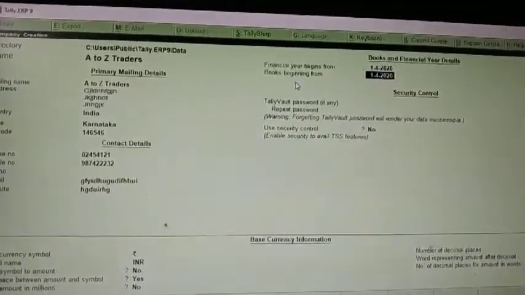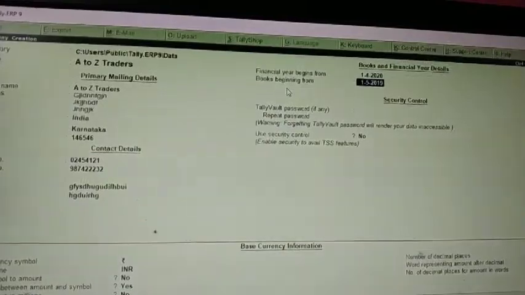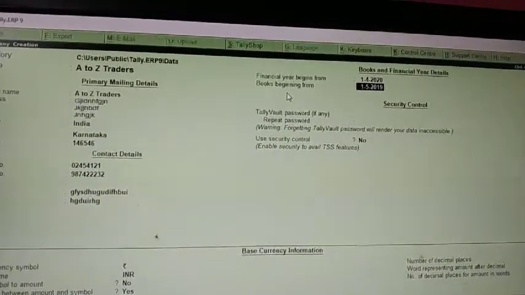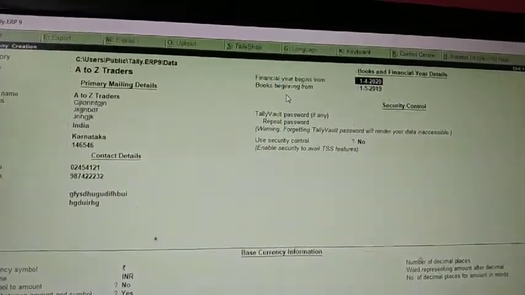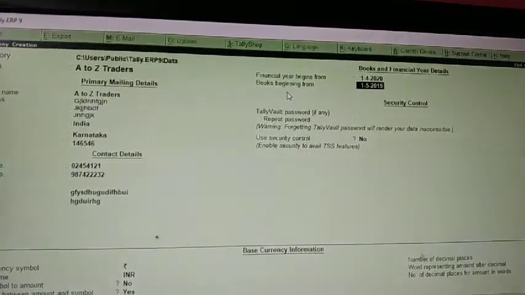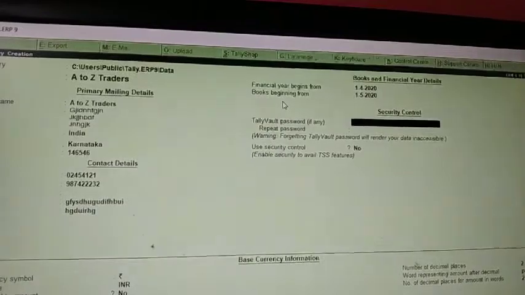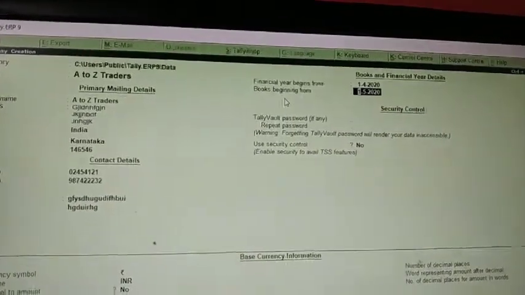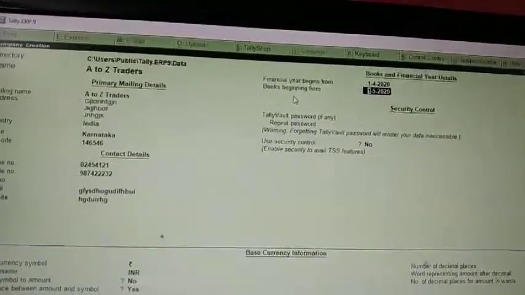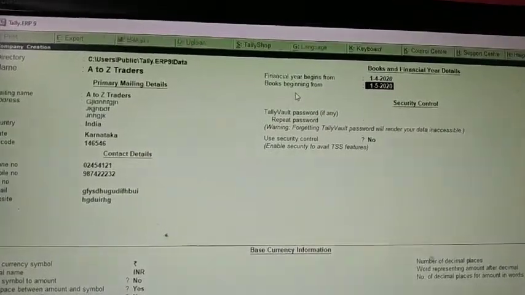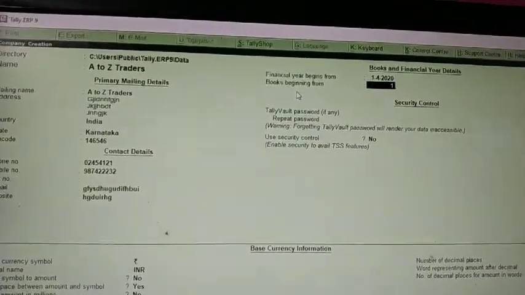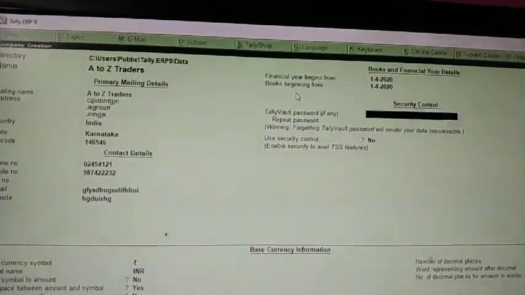For example, your company started on 1st May, so you can give books beginning from 1st May and enter. Sorry, it cannot be 2019, it is 1st May 2020. Or else the particular date when exactly the books of accounts are going to start. Or if you leave it as it is, the financial year, you can do that.